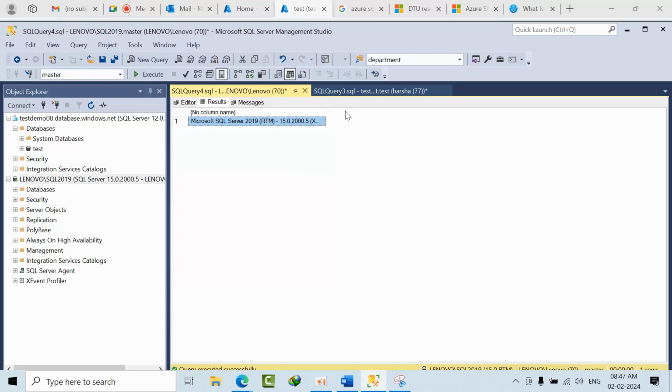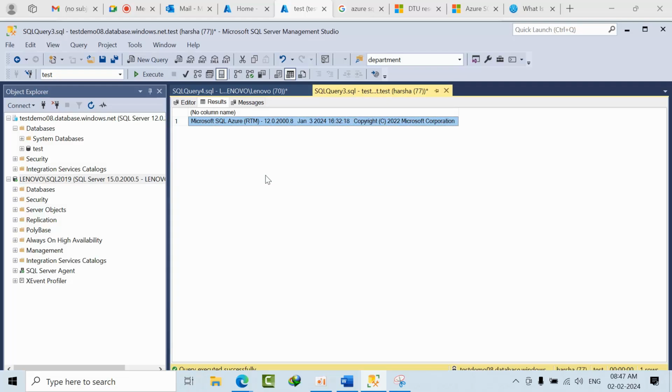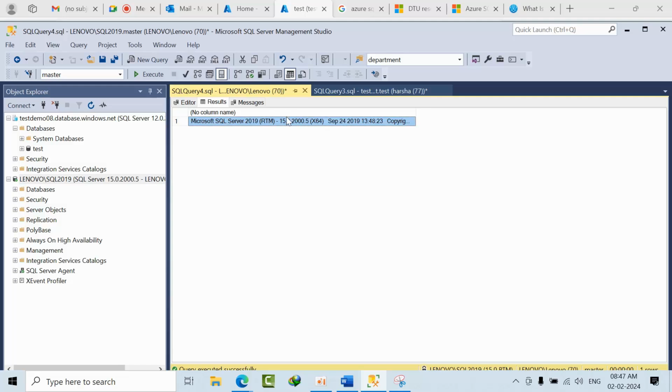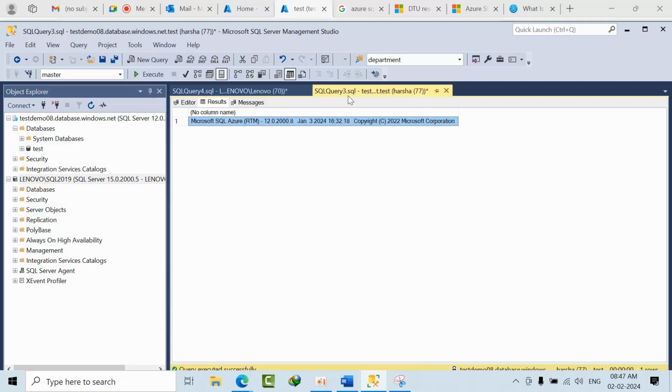So 2015 edition. We basically know that if we go with Azure, one of the benefits we get is that we can use the latest versions. Okay, we are having 12, here we are having 15. It doesn't mean that we are using a low-end SQL Server. It's not correct. It means in Azure SQL Server, this is the first edition.